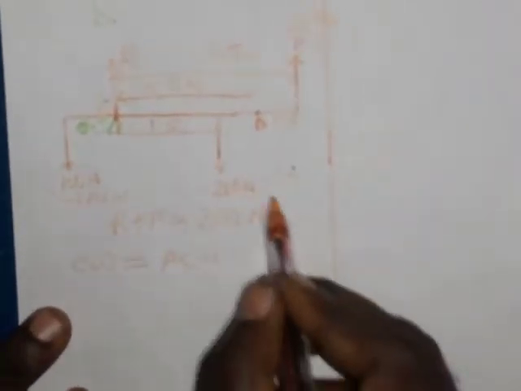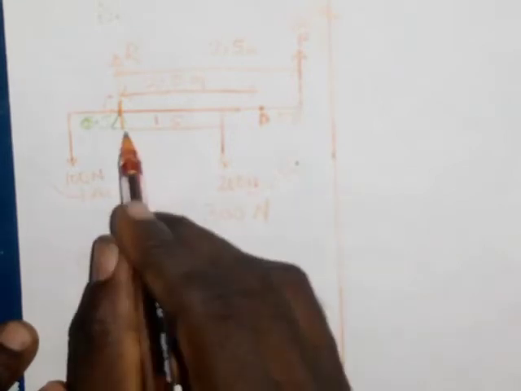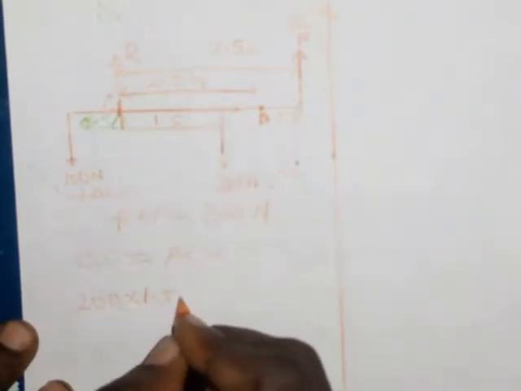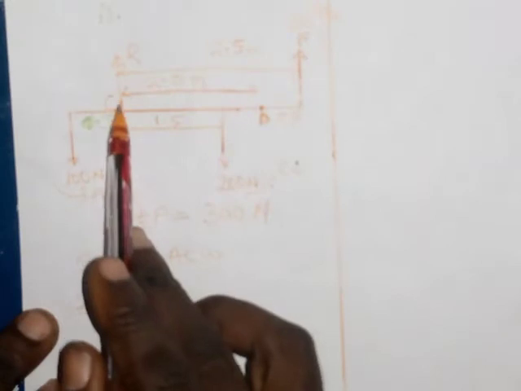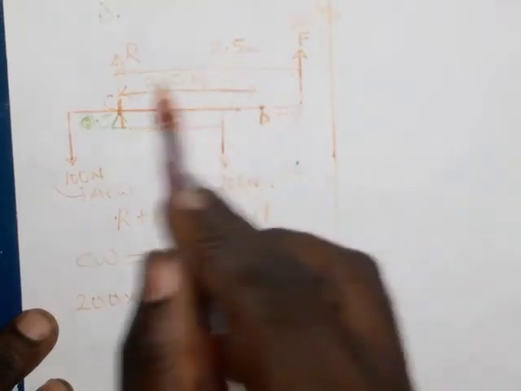So having done that, my clockwise moment is going to be this. Okay, this is clockwise moment, and these two are anti-clockwise. So I have 200 times the distance between this and this, which is 1.5, is equal to the sum of the anti-clockwise moments. The anti-clockwise is going to be 100 times 0.5, that's 50, plus 2.5 times F, that's